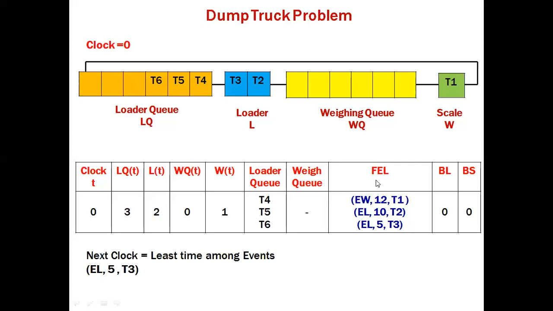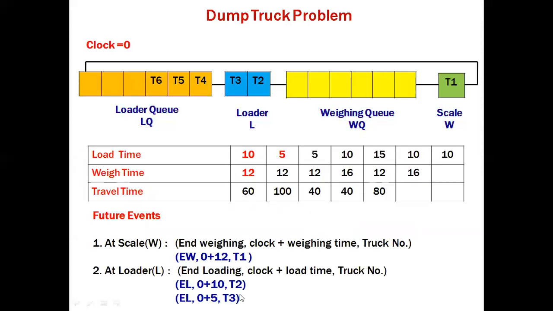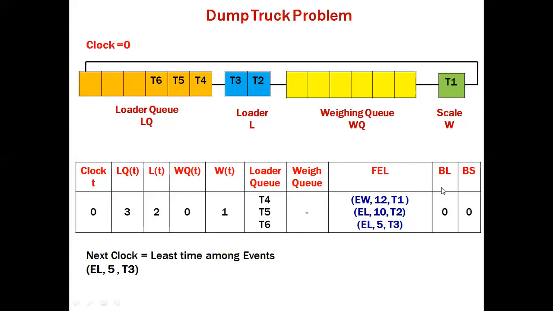Future events, so whatever we have already done here, the same thing, you will have to just write it down. And initially, both loader and scale busy time will be 0. So the next thing is we have to find out which is the next clock. We have found out all the future event list here. Out of these 3, the one which is having the least time will be taken as the next clock. So we have 12, 10 and 5. Out of this, 5 is the least time. So we will take the next clock as